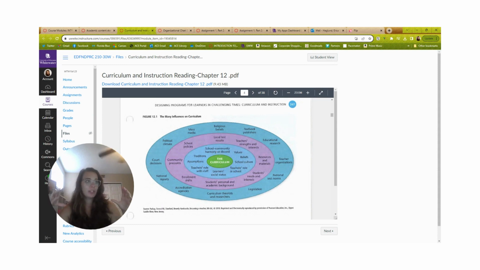Then out there, we have school policies, student needs and interests, the resources, teacher strengths and interests. That's really where we start to sculpt it. And then out of there, we have political input, religious beliefs get inputted in, textbook publishers, what educational research, all of this. So it's just something I like this graphic to show you.